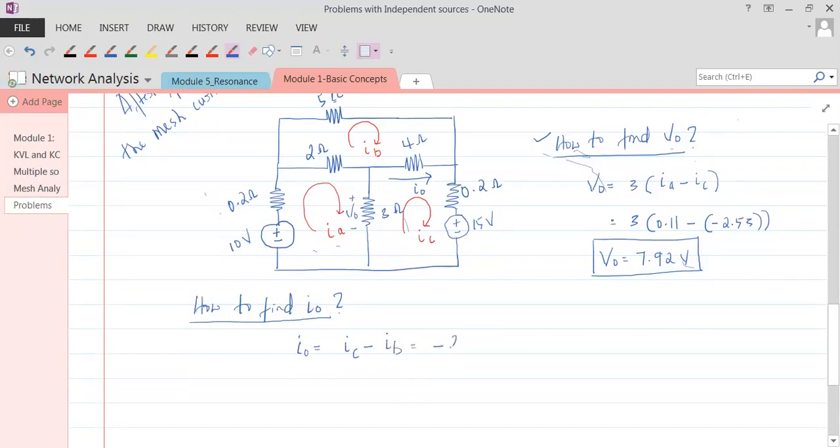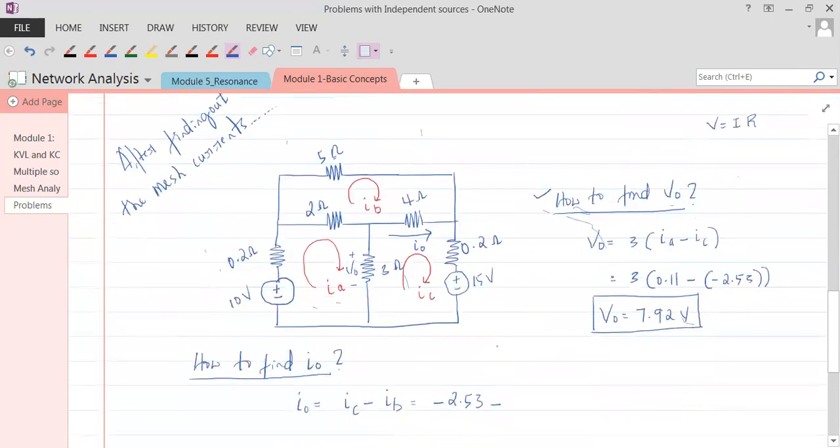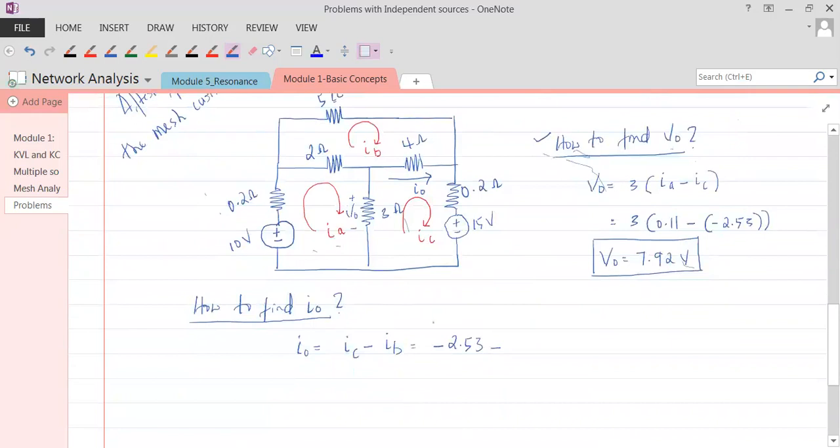IC is minus 2.53. What is IB? IB is minus 0.9. In the bracket you have to take minus 0.9, so you need to be really careful with the brackets there. So this gives us I0 equal to minus 1.63